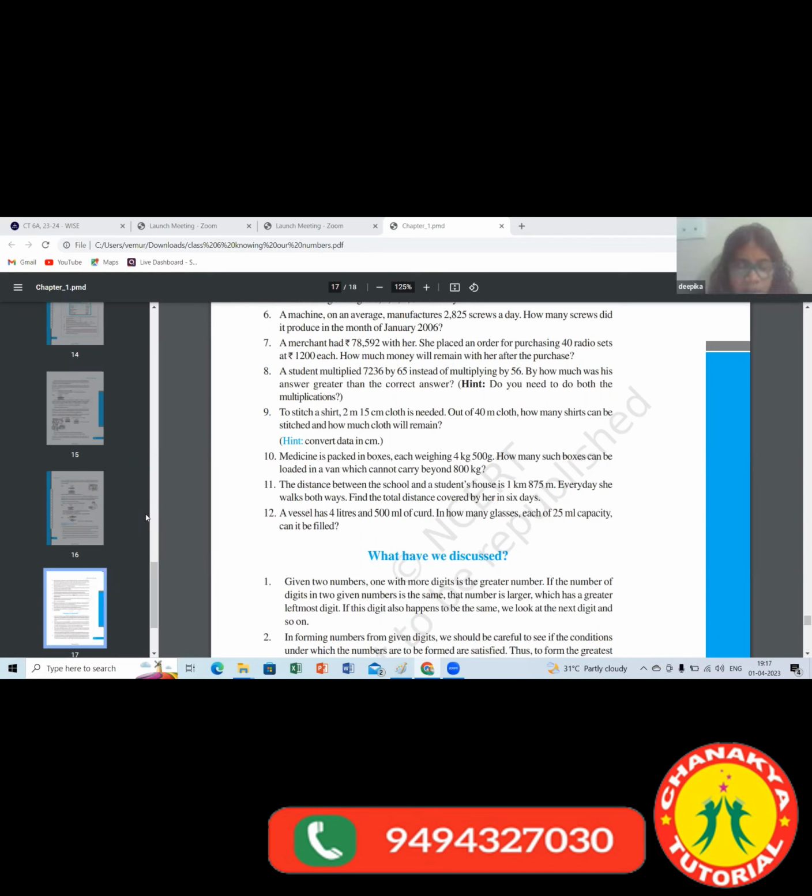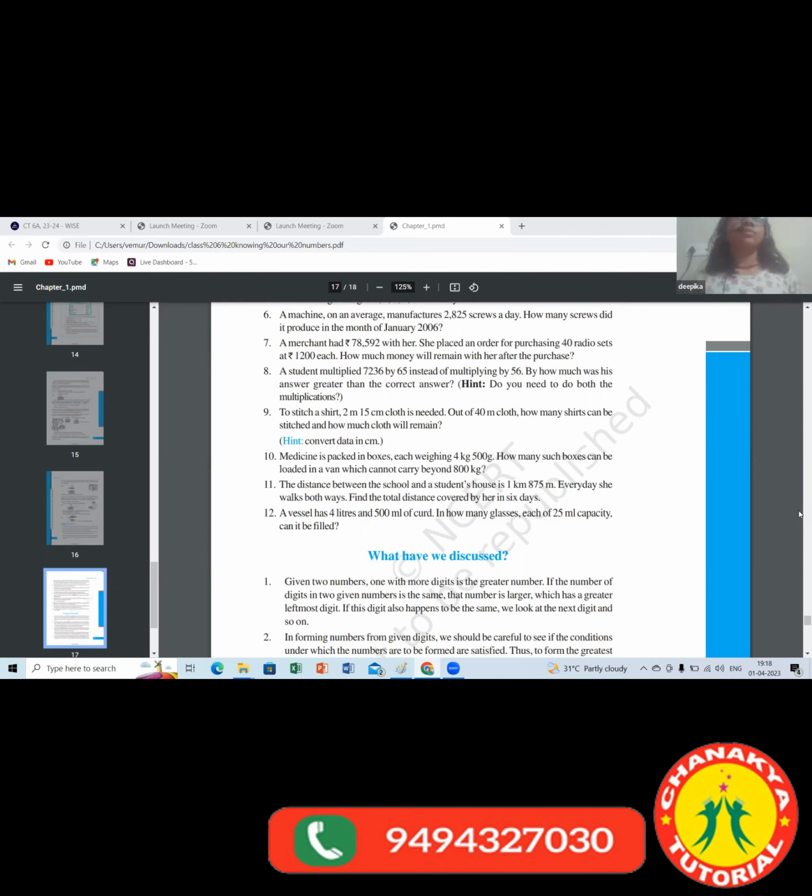Ma'am, I have 20 rupees with me. Yes, initially I gave you 20 rupees to purchase something. You placed an order for 6 pencils costing rupees 2 each. Ma'am, I took 10. Ma'am, the remaining amount will be 8 rupees. How did you do that? Deepika, please help Ashwath too. Ma'am, you said that I have 20 rupees with me. I bought 6 pencils, each costing rupees 2. Now I needed to